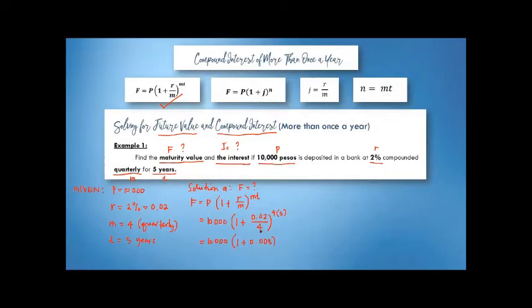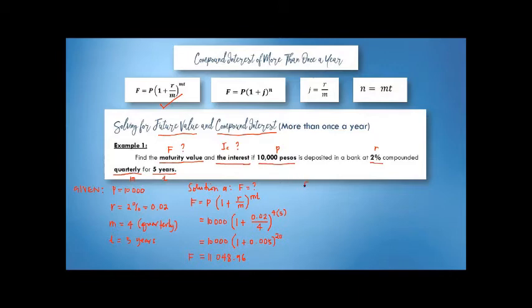So 0.02 divided by 4 is 0.005, raised to 20 because 4 times 5 is 20. So the final answer for that is 11,048.96. So meron na tayong future value and then given na rin tayo ng present value, pwede na natin makompute